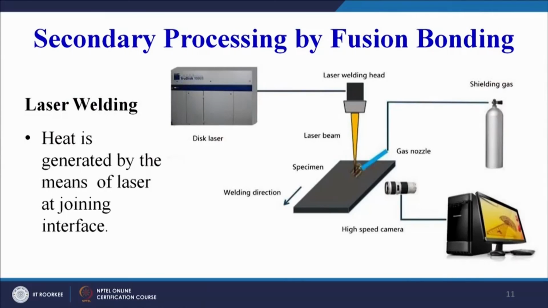And here in this specific example shown on the screen, we have laser as a source of heat. So we can join the two polymer parts or two composite parts made by polymer composites using laser welding, but with some specific precautions. The normal setup may not be possible to make a joint in polymers or polymer composites, but the modified laser beam setup can be used for joining of the composite part by exposing the joint interface to the heat.